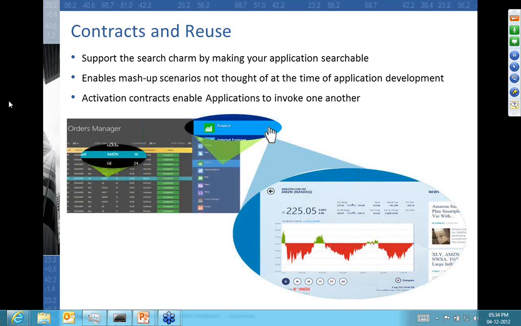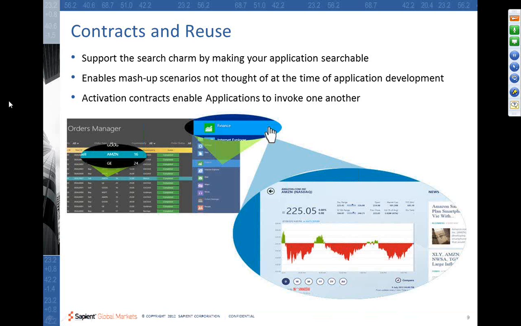There is absolutely no distinction in the look and feel and in the behavior of these contracts and protocols, irrespective of the platform of development. So the key learning here is to make use of these contracts, think about mashup scenarios, and be watchful of what activation points you need to enable in your application, keeping in mind the benefits that these contracts and mechanisms can give you.